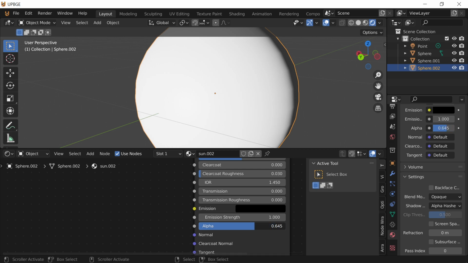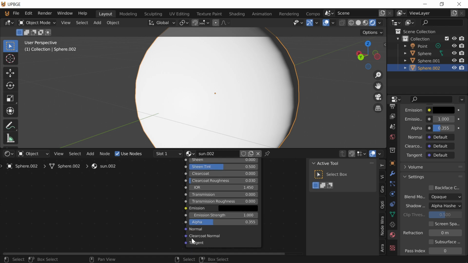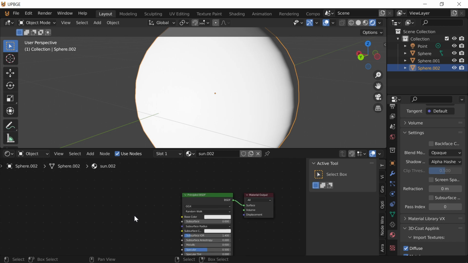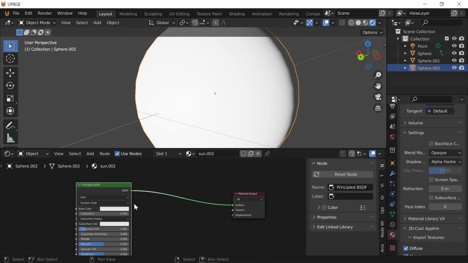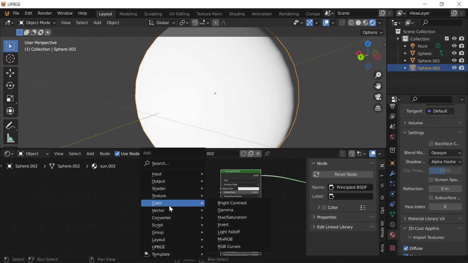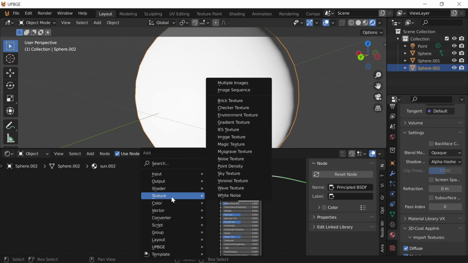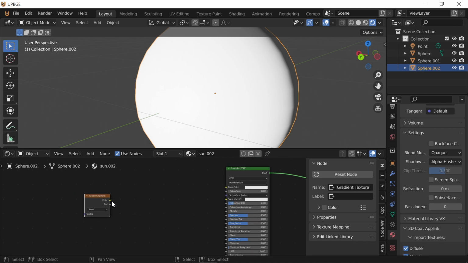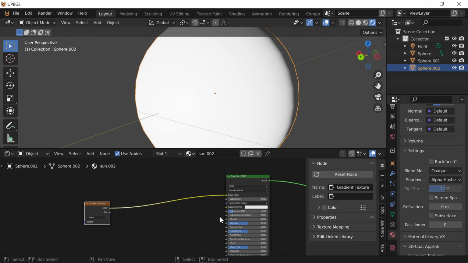Alright, so we're gonna need transparency. So I'm gonna drag the alpha down just a little bit, just like this. Now nothing is happening. Why? Because I still have this. Why do I still have that? Okay, anyway. So I'm gonna go ahead and just Shift A, and I'm gonna need a, let me see, color texture. I'm just gonna go ahead and use a gradient texture,